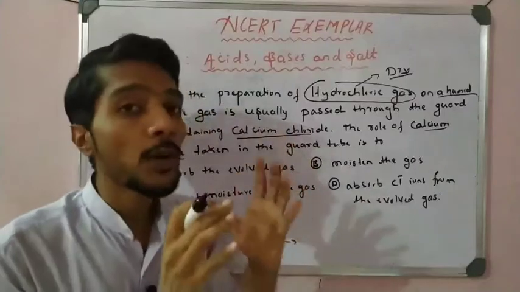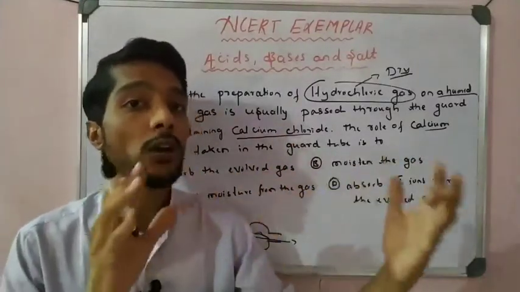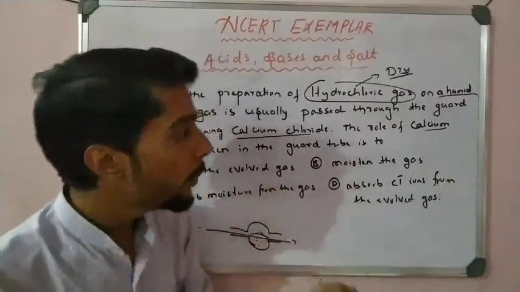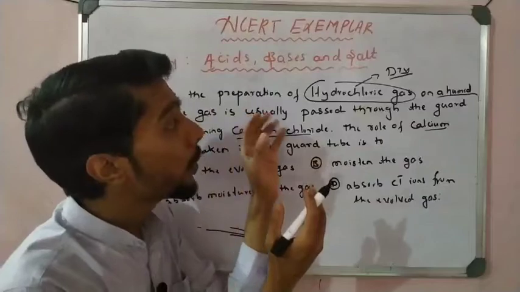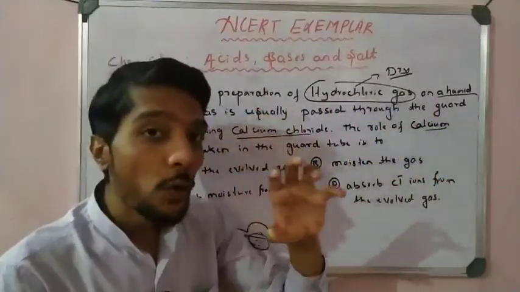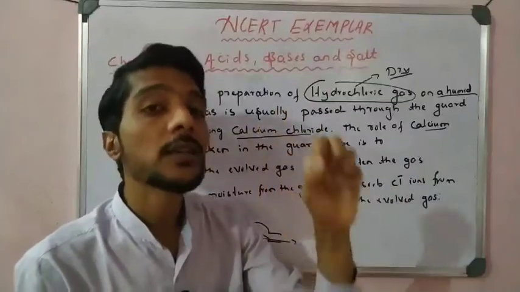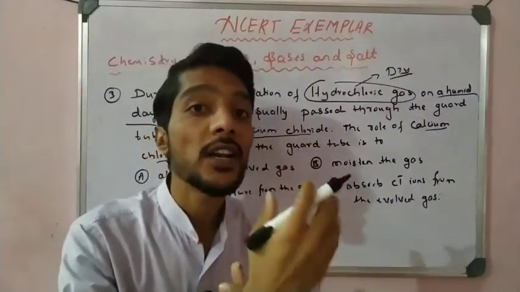So for that we must remove the water droplets. So what is meant by absorption of water droplets? How do we remove them? Simple, by using calcium chloride. When the moist hydrochloric acid gas is passed through the calcium chloride, it absorbs the water droplets and the moisture present in the HCl, and makes the HCl gas dry HCl gas.